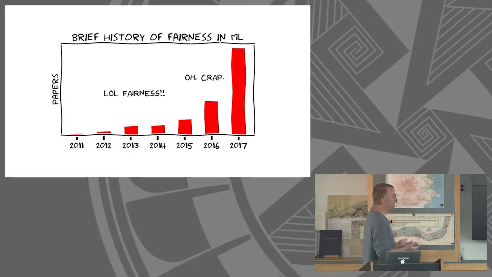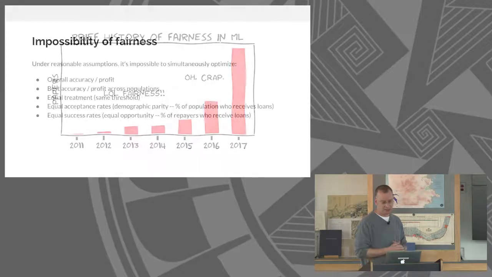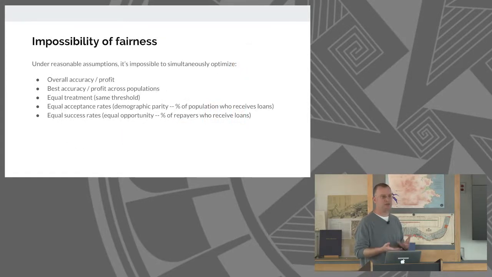People have started to realize now that this is a fundamental problem. And so starting in 2016 and 2017, you started to see a lot of good work done on this. And now there's a ton of research on this problem. And the main takeaway is that it's actually impossible to be completely fair in this situation, which to me was a surprise. So under reasonable assumptions, you cannot simultaneously optimize your overall accuracy or profit,